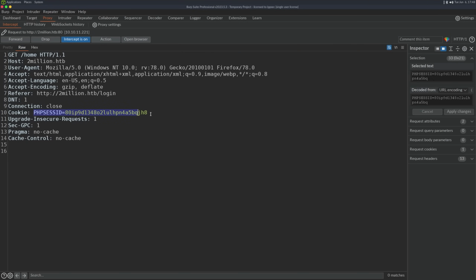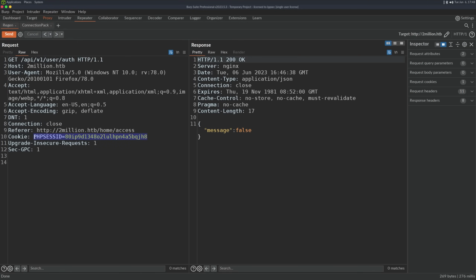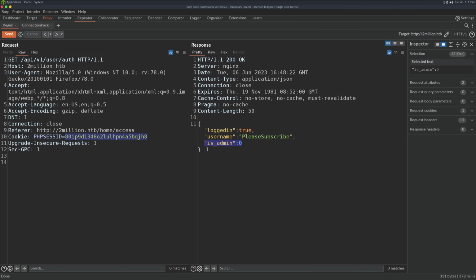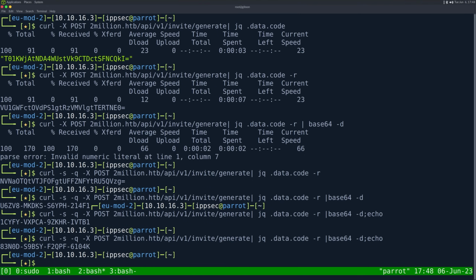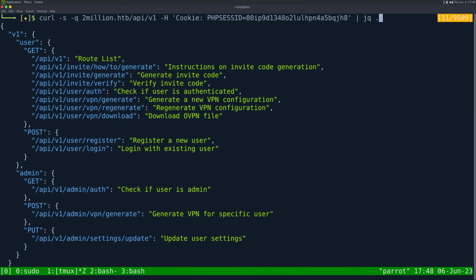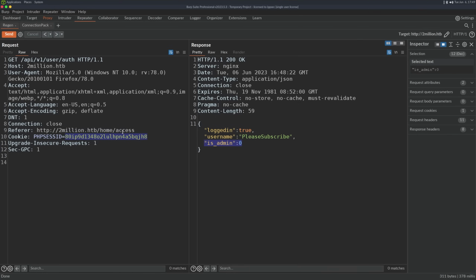So this PHP session ID. And we're going to go back to repeater. Paste this. The cookie didn't change, oddly enough, but isAdmin is still 0. So that did not make me an admin. So let's look at other things we can do. VPN generate we saw, VPN regenerate we saw. We didn't see download, but that's just going to download an OVPN file. I guess we could hit it just in case,